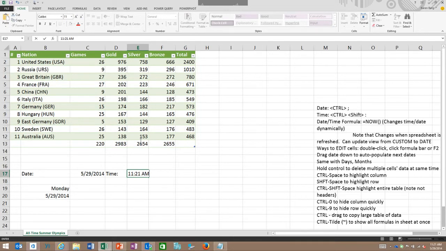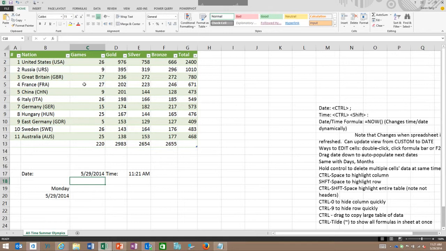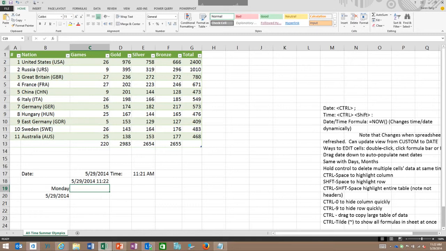Now, there is another way, and this way is not necessarily a keyboard shortcut, but I want to just mention it. Many may be familiar with it because the idea of using formulas is definitely something that Excel is very powerful at. But you can also insert the time and date using a formula. And the formula is just by typing in a cell, type equals NOW, and the open and close parentheses, and you can see that it automatically populated that field with the time and the date. Now, probably the key thing to note is that when you click on that particular item, you'll see that it's actually populating it with the actual